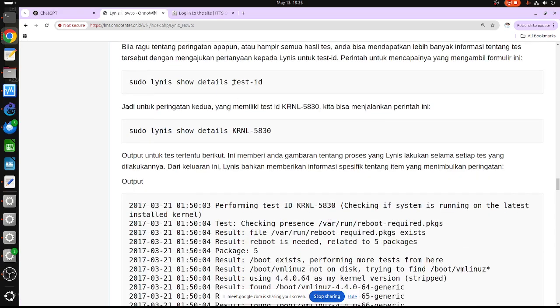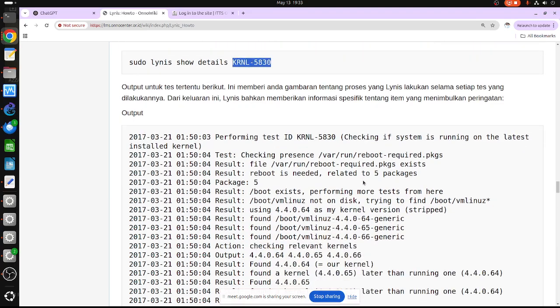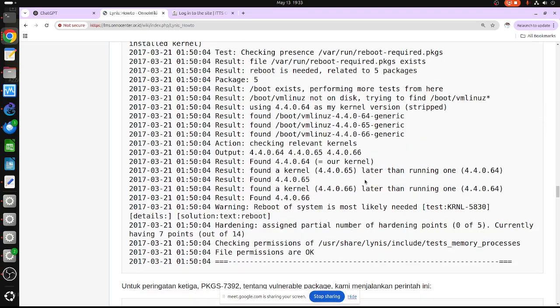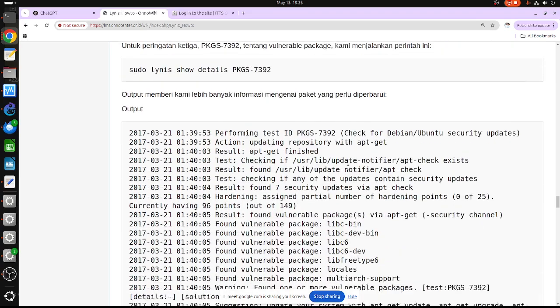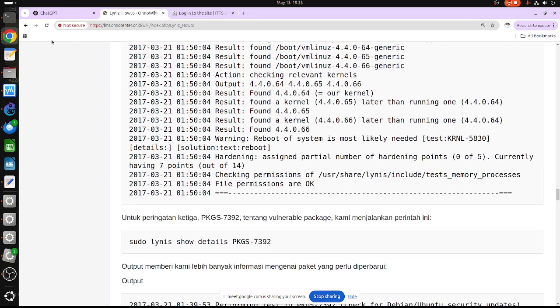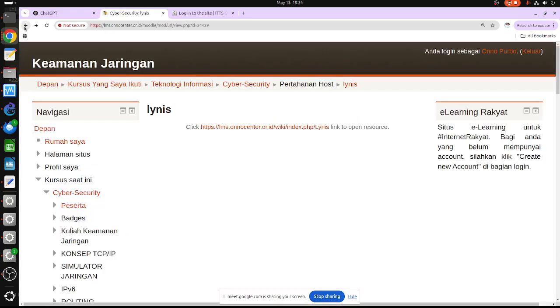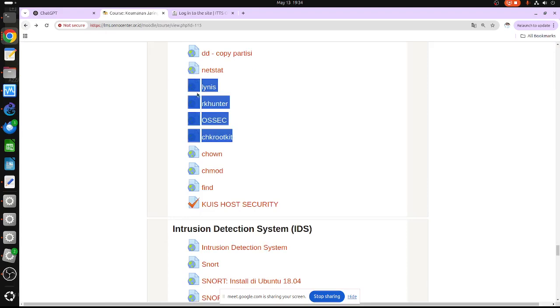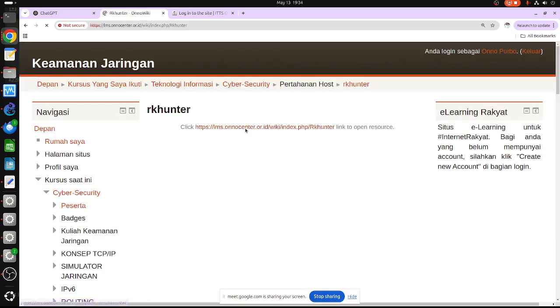Okay. Normally they give the ID. Okay. And then we can check the ID on the website. So Linux is more, what's that? It's not only for hunting rootkit, but also to audit the whole system. Okay, so that's Linux. And then Rootkit Hunter, and the other is basically for finding the rootkit in our